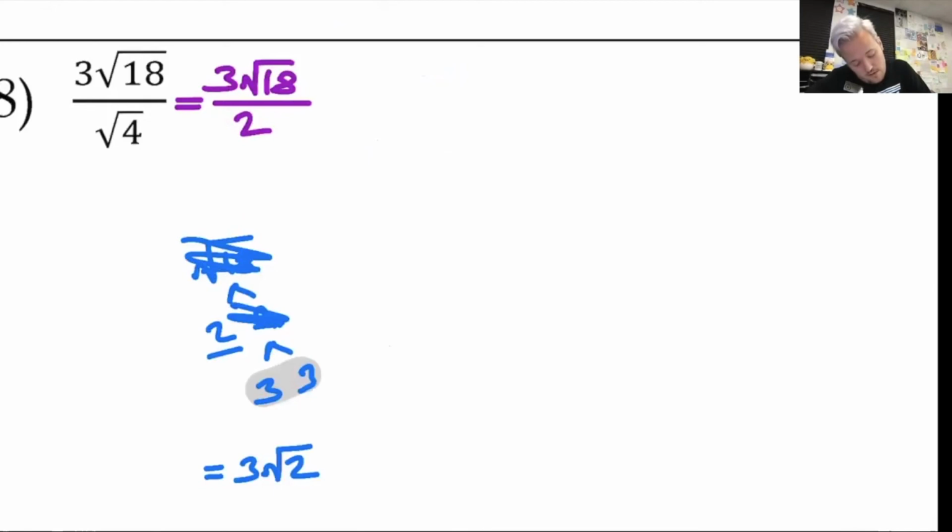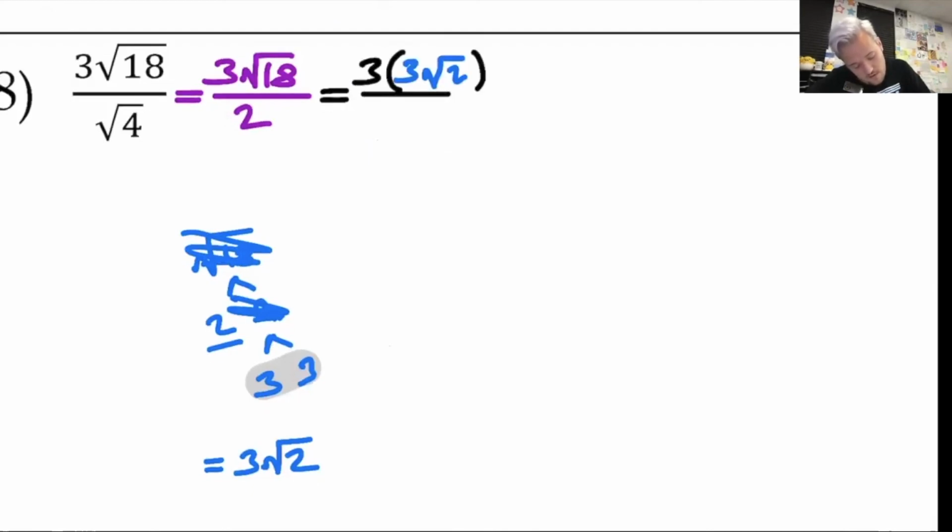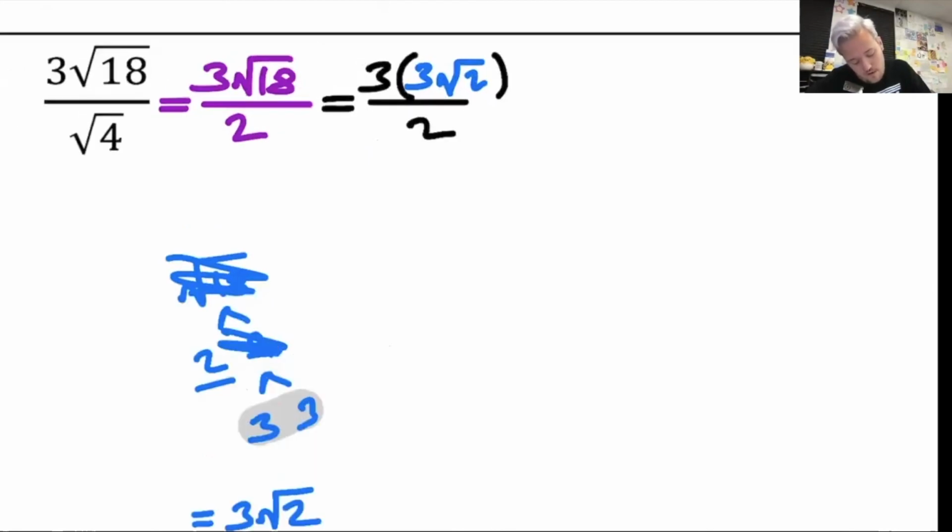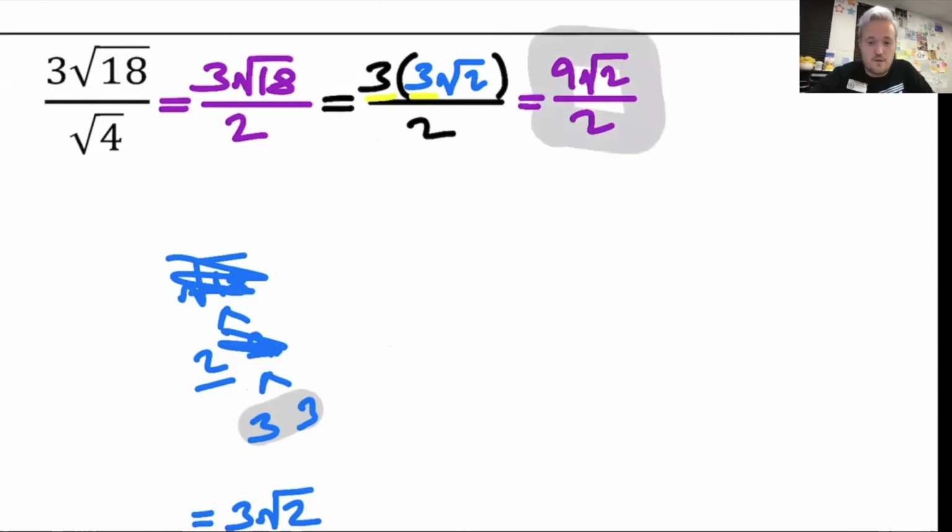All right, so this is going to be equal to 3 parentheses 3 root 2 over 2. And then you're just going to multiply those numbers on the outside. So the 3 times 3, which is just going to give you 9 root 2 over 2. So this is your final answer and your simplest radical